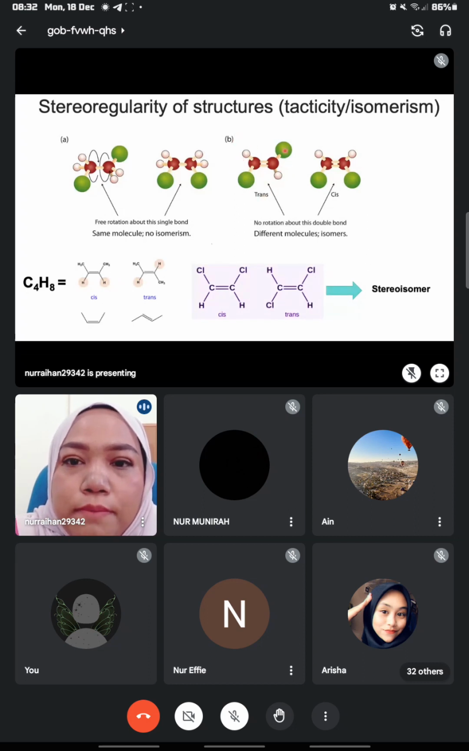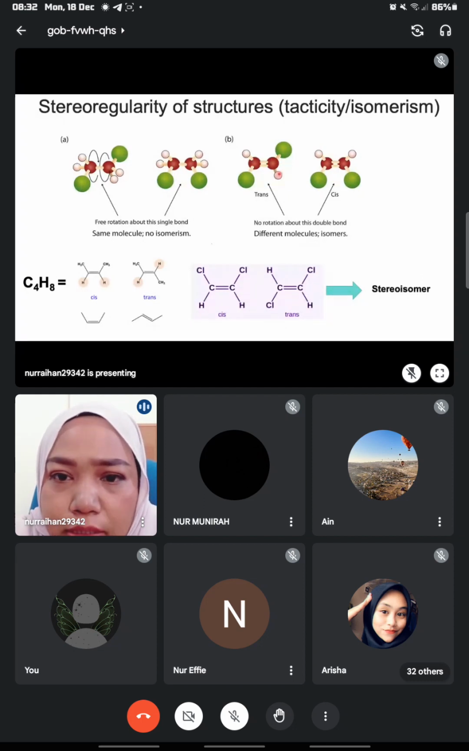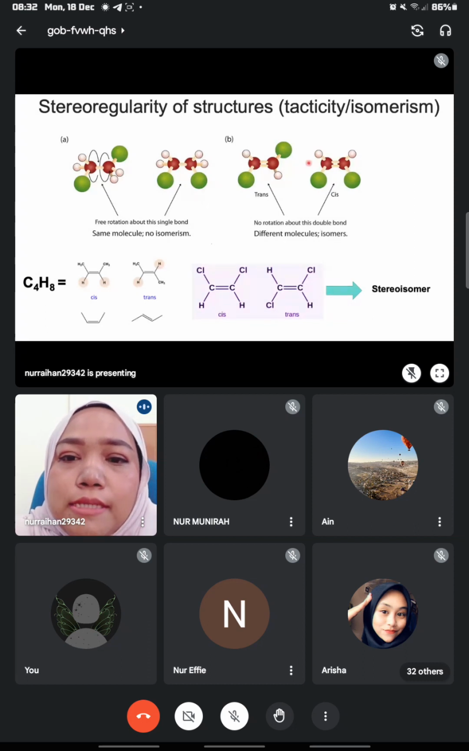Let's say for polymer B, you can see it has the same atoms: red, white and green. So the atoms are the same. If we write it as a molecular formula, it will be C4H8, for example. So both will be C4H8. The only difference is the arrangement, or the configuration, of the atoms. So when you have the same molecular formula but a different arrangement, you can term it as trans and